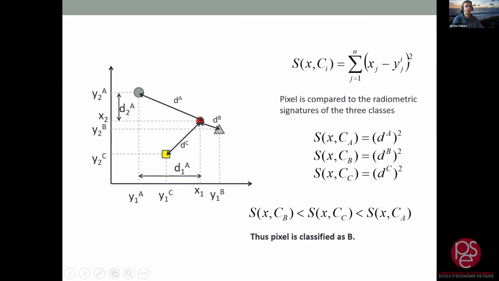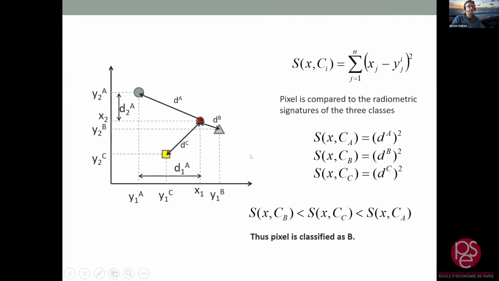So the Euclidean distance, I've got this formula. You can see here a square, which means, for example, for the distance between this pixel and this class, it is this difference to the square plus this difference to the square. And we take the square root of it. So basically, this is why it is called the Euclidean distance, because the form of the equation is the form of the formula of the Euclidean distance. It does not refer to any distance in terms of geometry in the geographical space. It's a Euclidean distance in a radiometric space or spectral space.